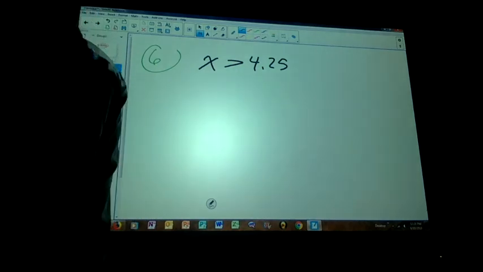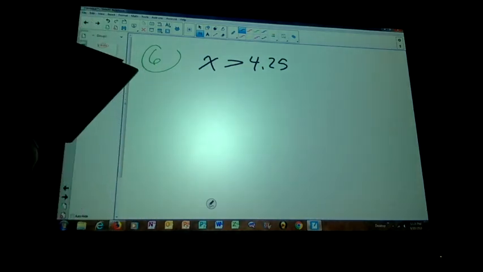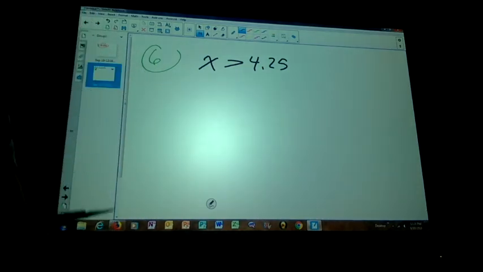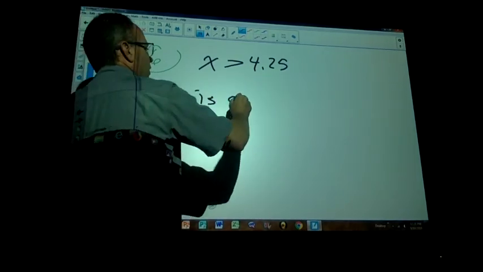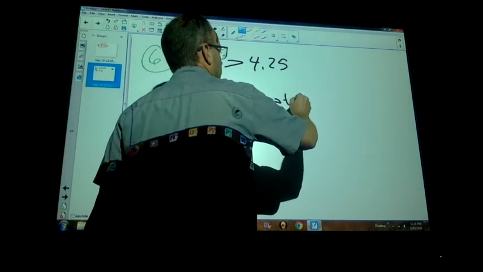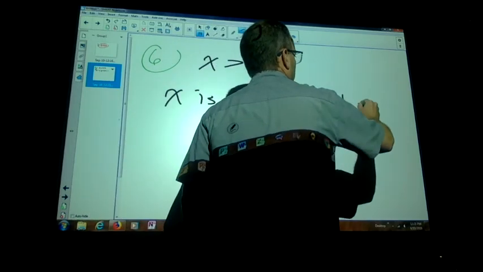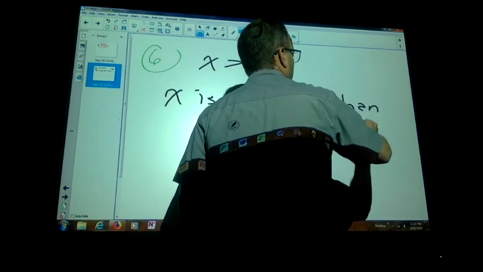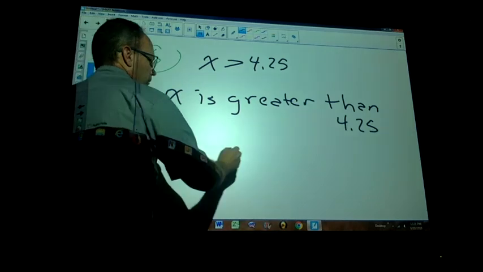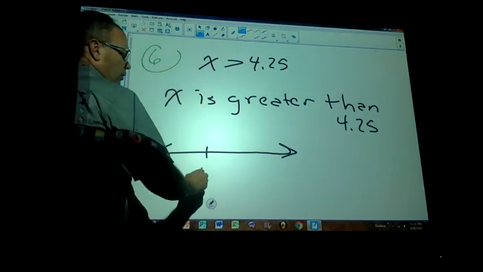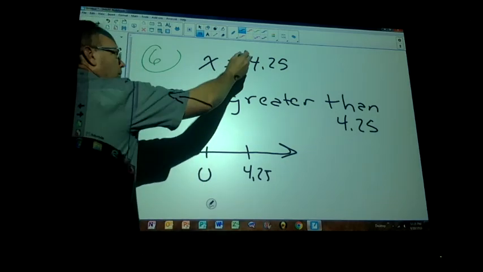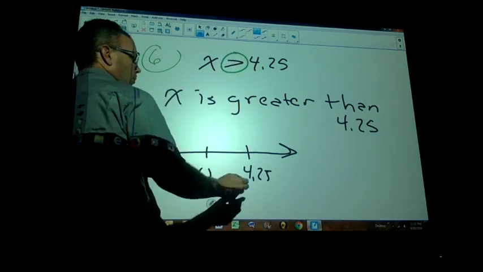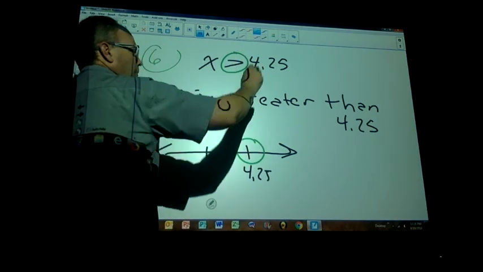Okay, so we want to write the inequality in words and then graph it. So x is greater than 4.25. And then they wanted it graphed. So if you have 0 here, you'd have 4.25 here. This is going to be an open circle here, and we want numbers bigger than that, so